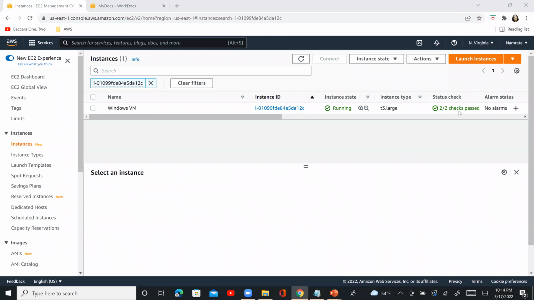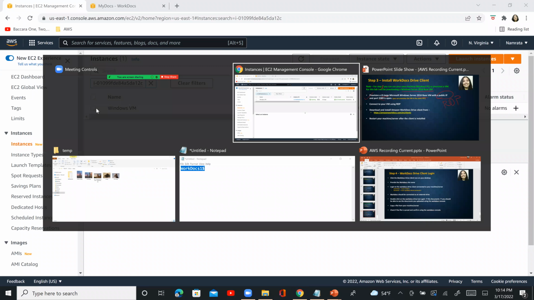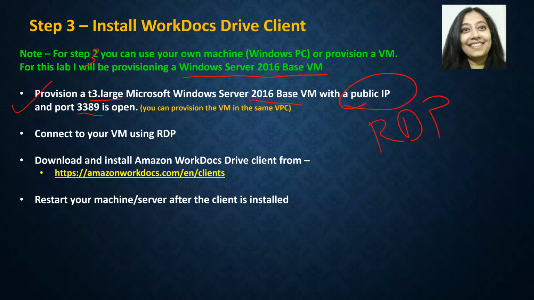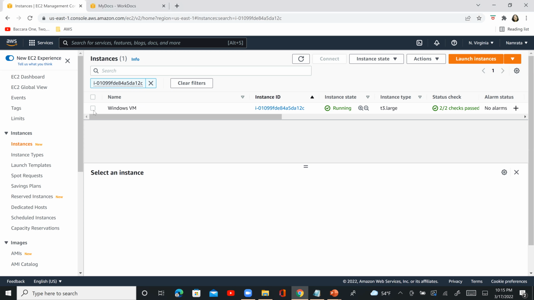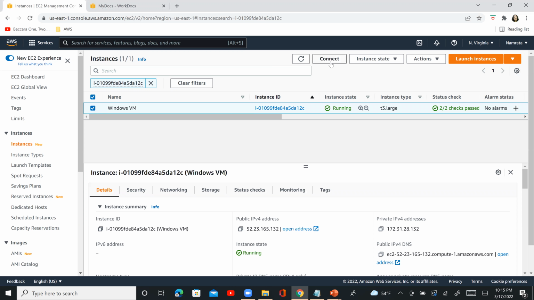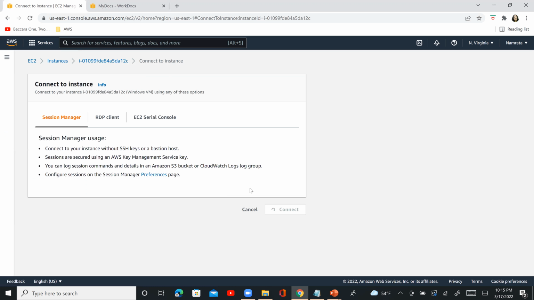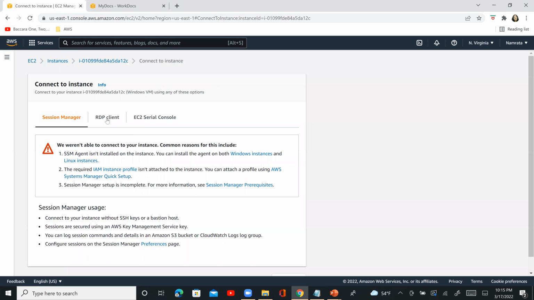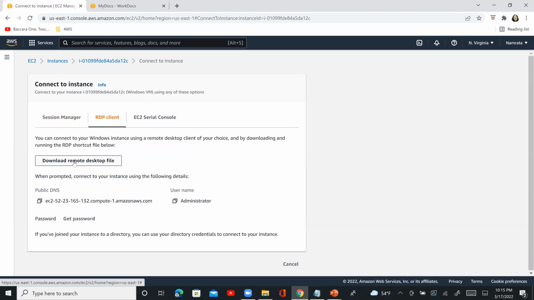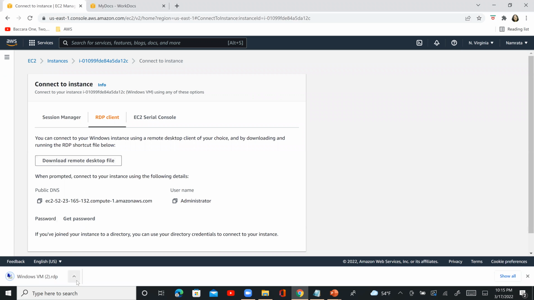So our VM is up and running, right? So let us continue further ahead. The next thing that we need to do is connect to our VM using RDP. Let me select my VM, click on connect, RDP client, and then download remote desktop file. So it's right there. I'm going to open it,